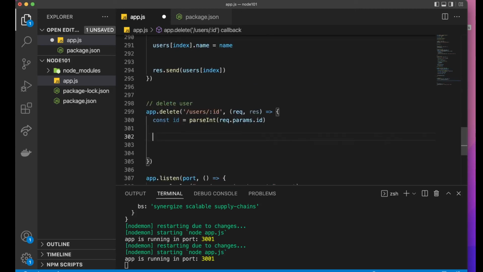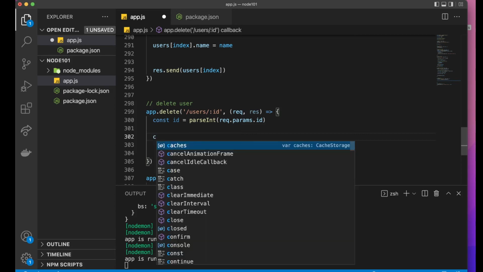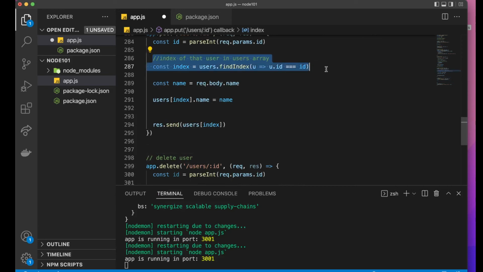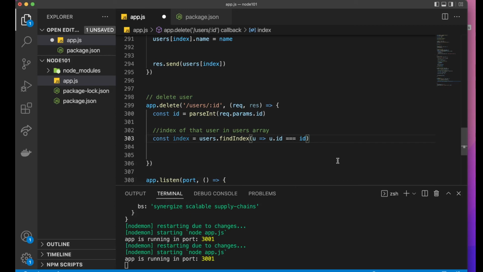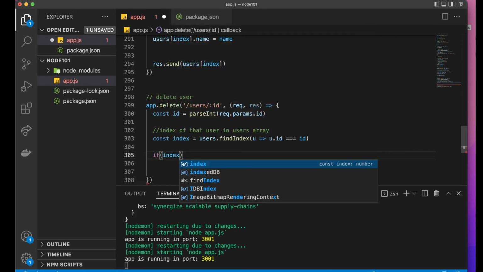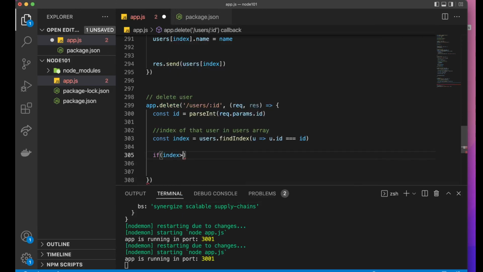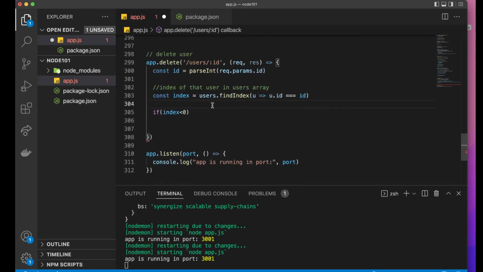So first thing we can try here is we can see if that ID exists in our users or not. Okay, so let's say find index. So we can find index here. Okay, let's just go here and also use this. Actually, this is a pretty good thing that I forgot to tell you. So we can find index, and if index is smaller than 0,